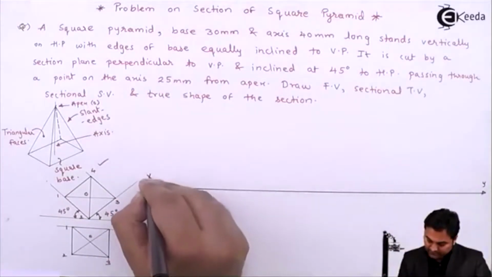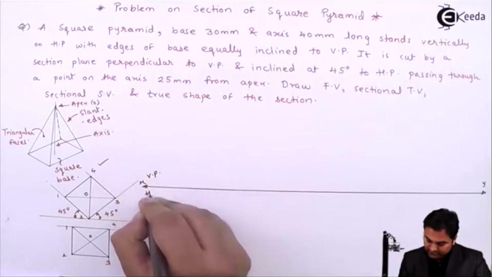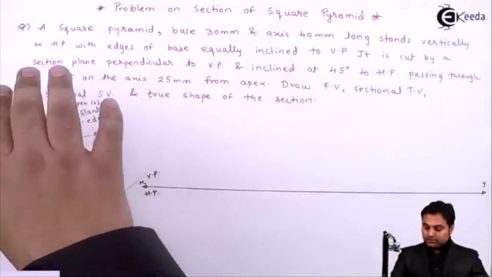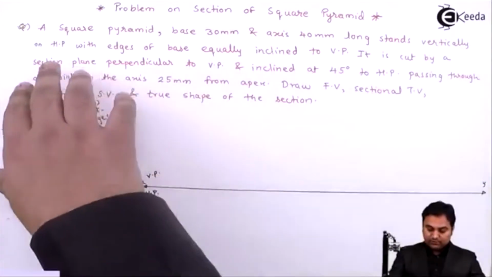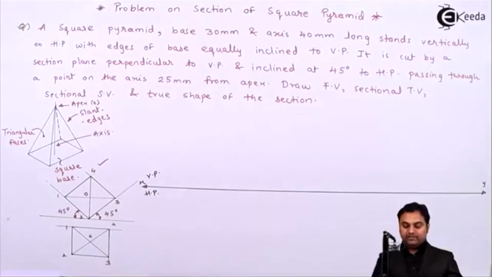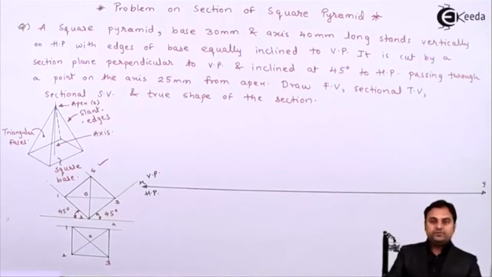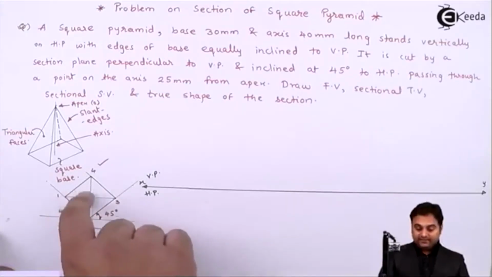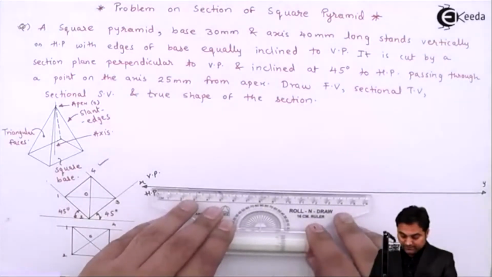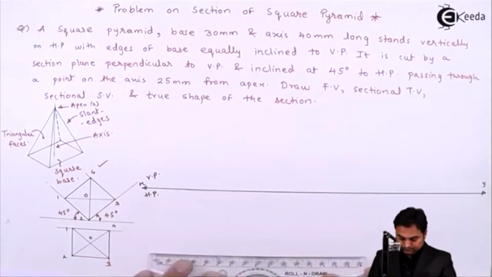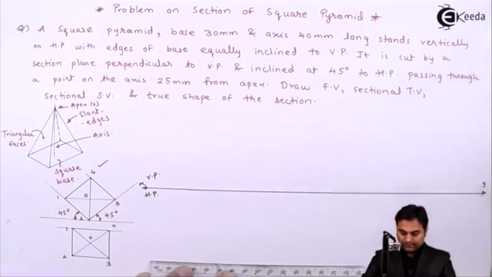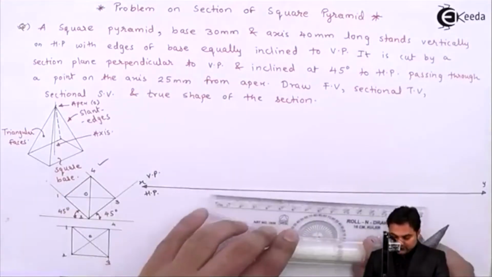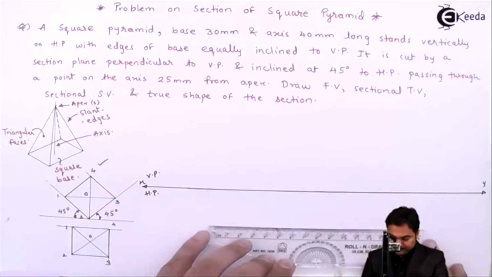Here we have XY line, VP vertical plane, HP horizontal plane. Now in the question it is given that the square pyramid is resting vertically with edges of base equally inclined to VP. It is resting on HP. So we are going to see the square in the top view and we have to draw it in this manner, like this condition. And now in this question, even the sectional side view has been asked. So I'll start the top view exactly at the middle,